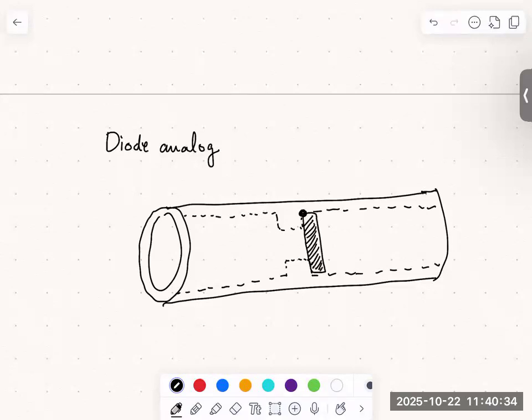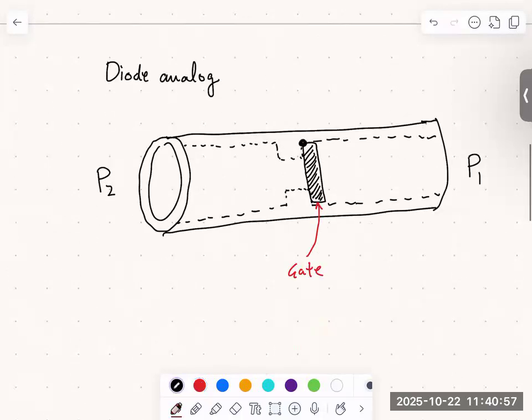Usually gravity will just keep that flap closed. I'm going to have my P2 on this side, here's P1, and I'm going to call the flap a gate. So our gate is held closed by gravity. If you want, you could think of maybe the hinge is spring-loaded, so it also holds that gate shut. All right, so if P2 is greater than P1,